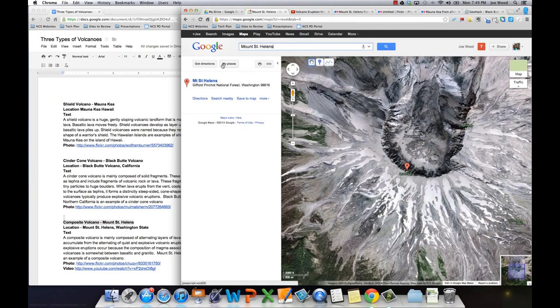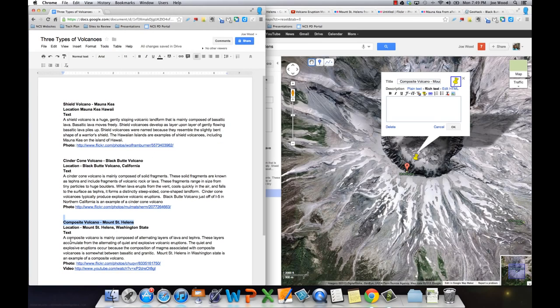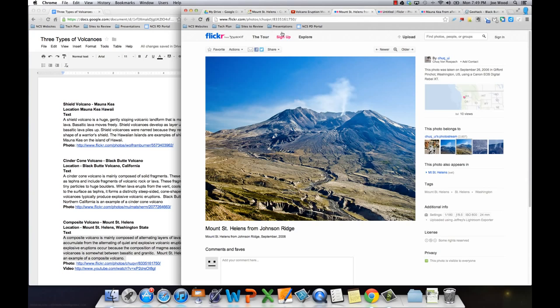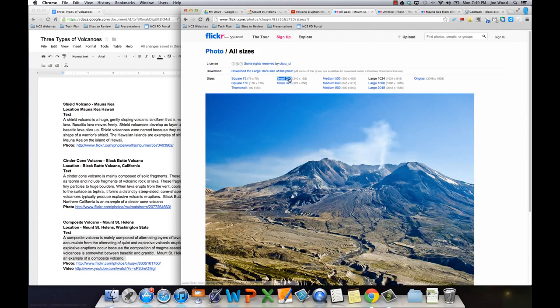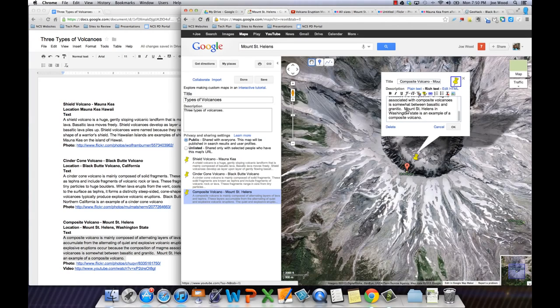Mount St. Helens, awesome. So just like before, grab my push pin, drop it, copy my text from the title, which I already did. Just like before, go grab the paragraph, copy, paste, and then grab my photo, which, go to Actions, View All Sizes. I just want the small photo, copy the image URL,